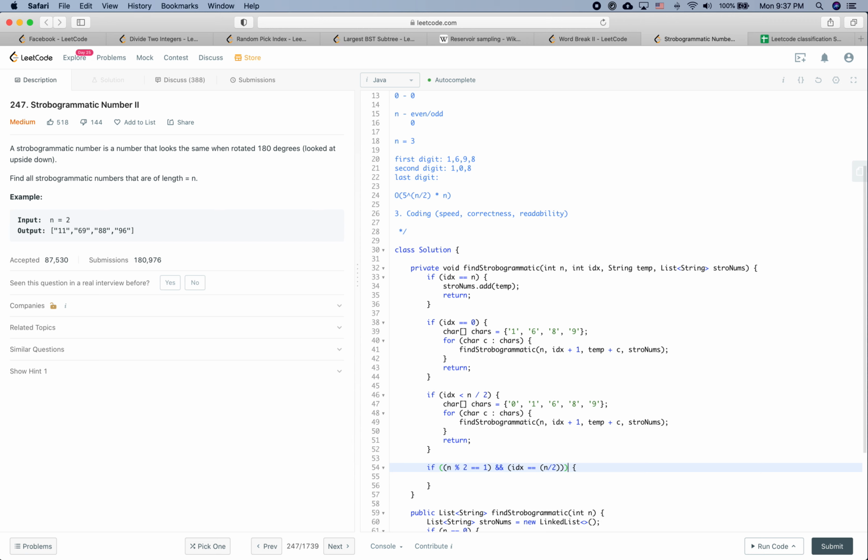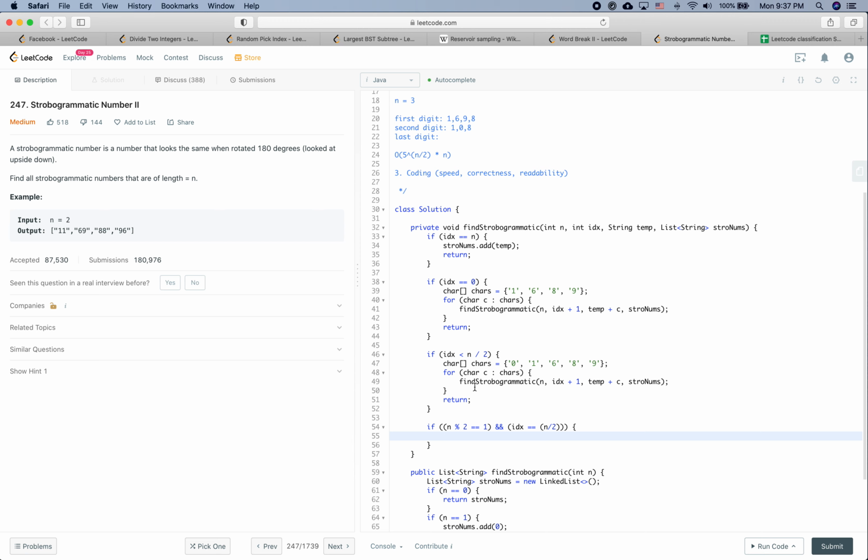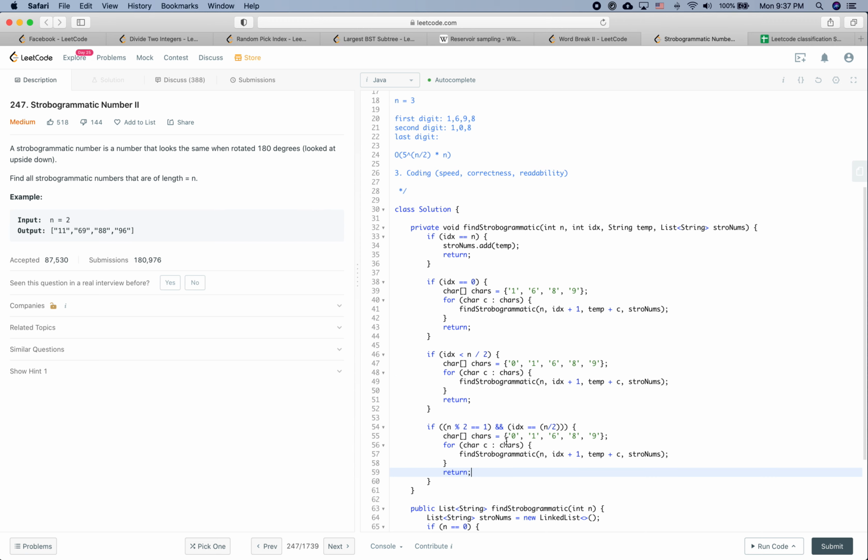Okay, so when this holds, that means it is a middle. So how many options do we have? We have the 0, 1, and the 8. Okay, we have those 3 options. Otherwise, it is time for us to find the second half